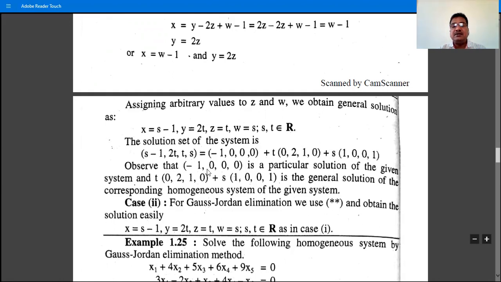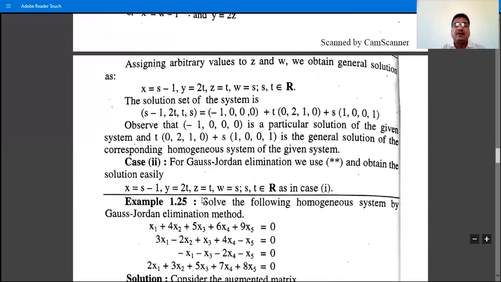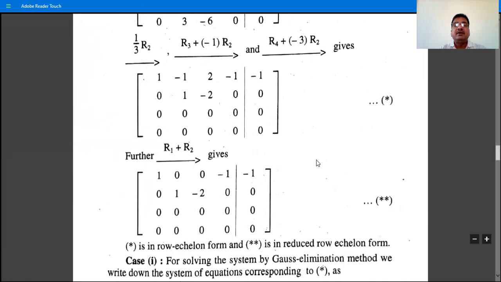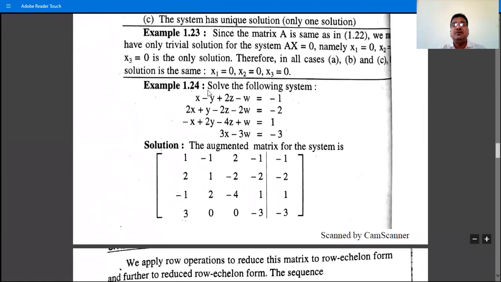Observe that (minus 1, 0, 0, 0) is the particular solution of the given system, and t(0, 2, 1, 0) plus s(1, 0, 0, 1) is the general solution of the corresponding homogeneous system of the given system. So what is the corresponding homogeneous system of this system? Write all these constants equal to 0. This is the corresponding homogeneous system. Actually, the given system is a non-homogeneous system. Its corresponding homogeneous system is, write all these